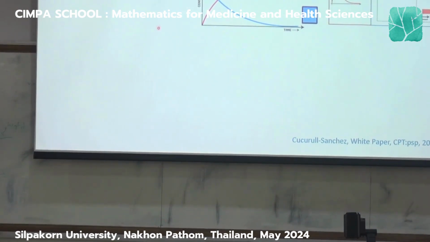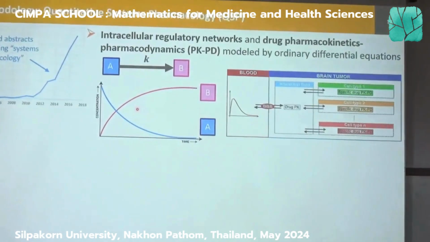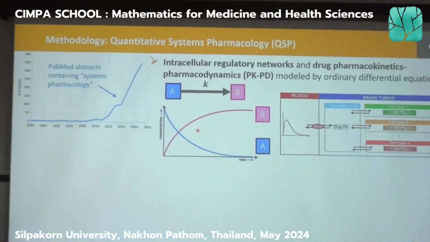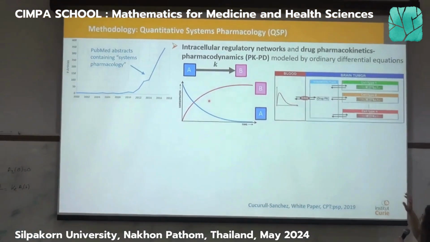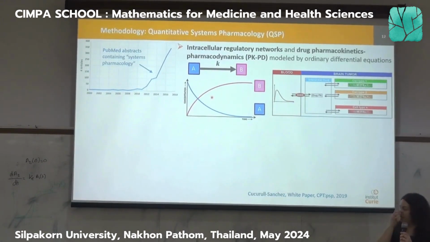You can actually model this type of network, and I'm going to detail how. But you can also model things at the level of cell populations. As I was saying, you don't have to do only intracellular networks, but you can also do cell populations. And this is an example that I showed here, where this was a project about brain tumors, and you have a compartment for the